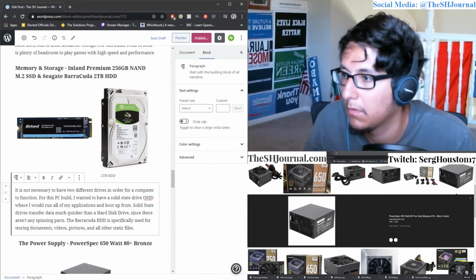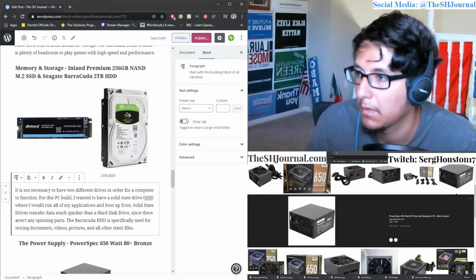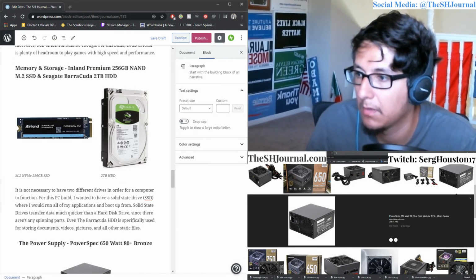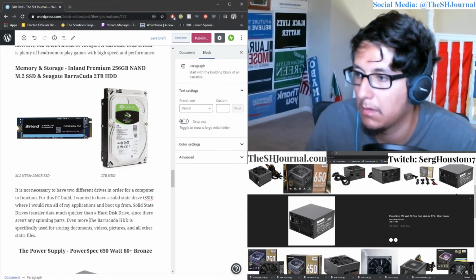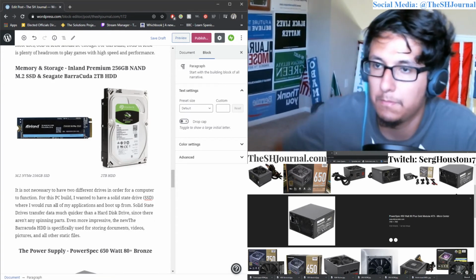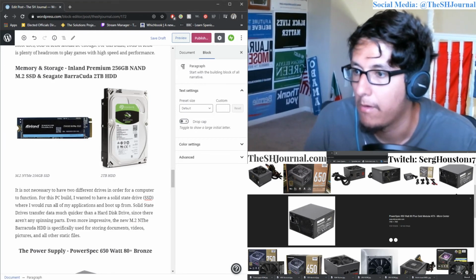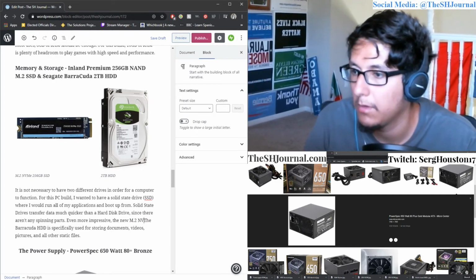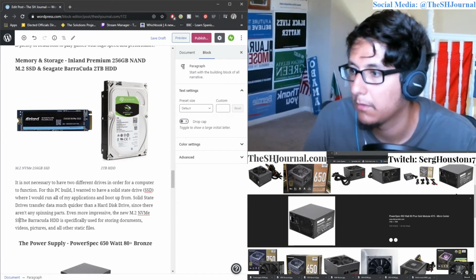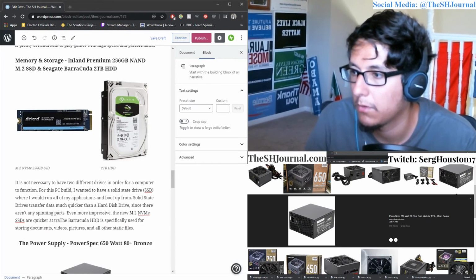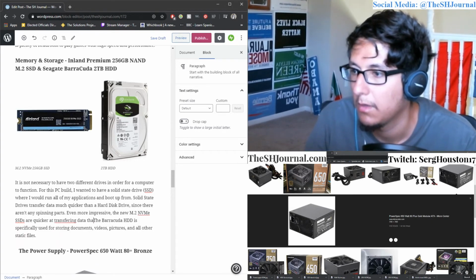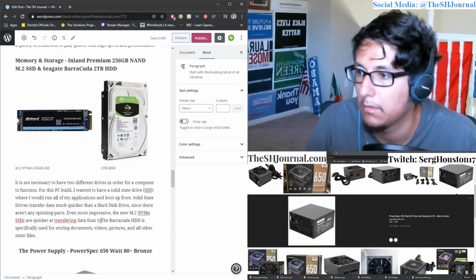Solid state. The newer M.2 NVMe SSDs are quicker at transferring data than typical